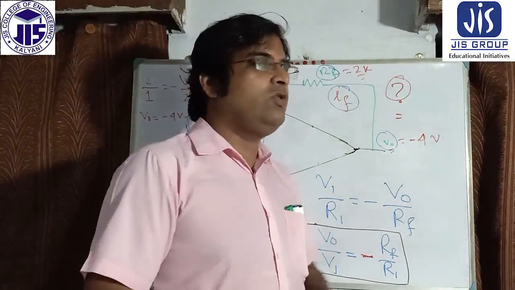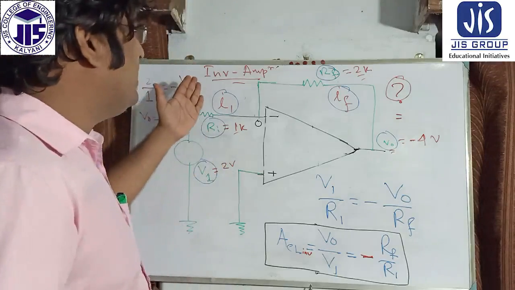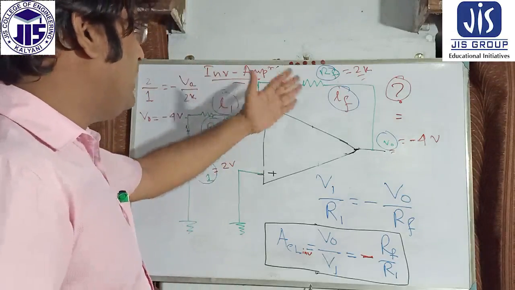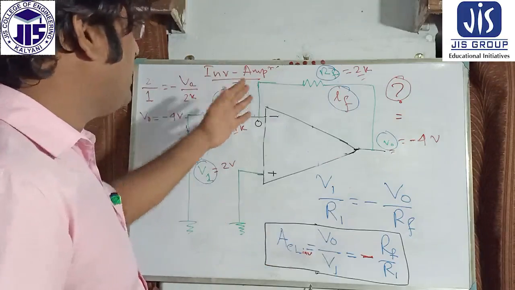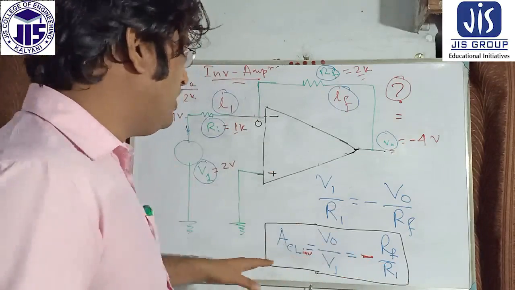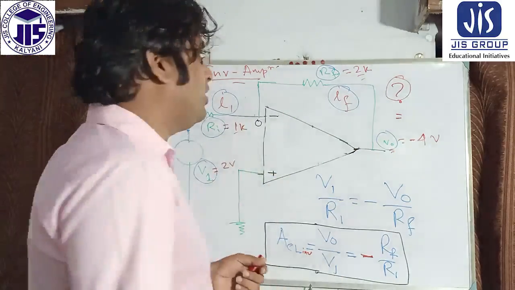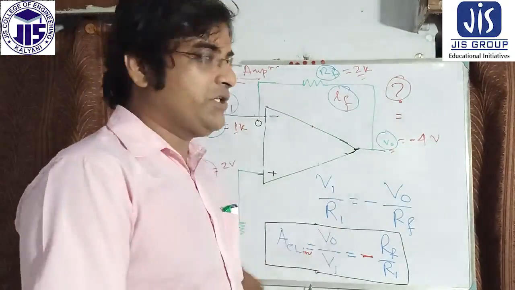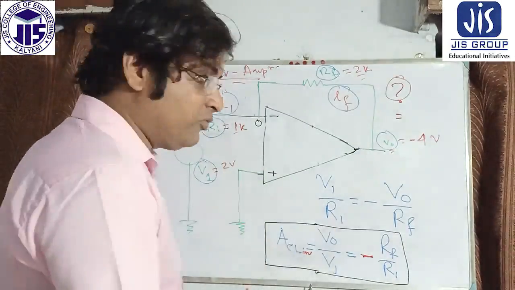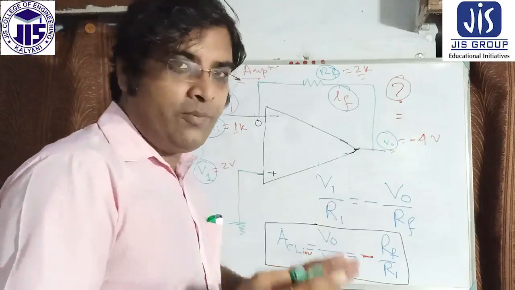Hi. So in the previous case we have already studied that this is the inverting amplifier, how the output is inverting, and this is the gain calculation formula. We have already studied all these things. Now again I am going for one problem related to the operational amplifier in inverting amplifier mode. I hope you have cleared about the inverting amplifier. To clear that we have to go for some problem.